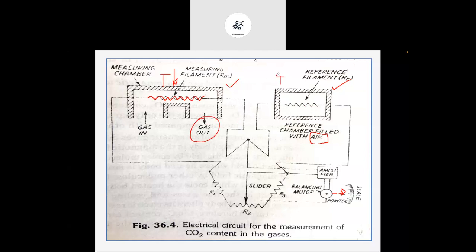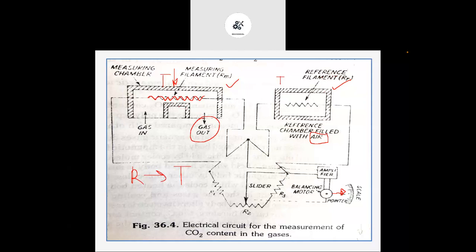Similarly, air is having constant characteristics. We are taking this one as a reference. So in that case, it will also absorb some heat, and because of that also the respective temperature you can see here. But the thermal conductivity of this gas is more than the thermal conductivity of air. Because of that, what will happen? The temperature of this filament will be less than the temperature of this reference filament. So the temperature of this measuring filament is less than the temperature of the reference filament, and because of that,